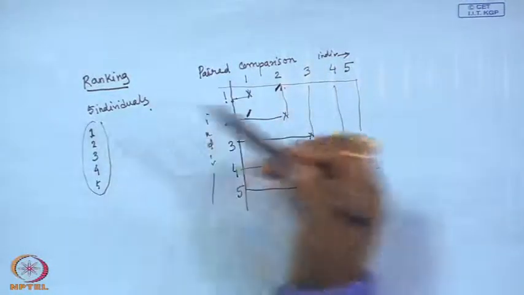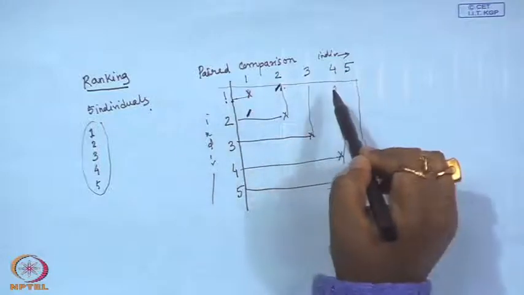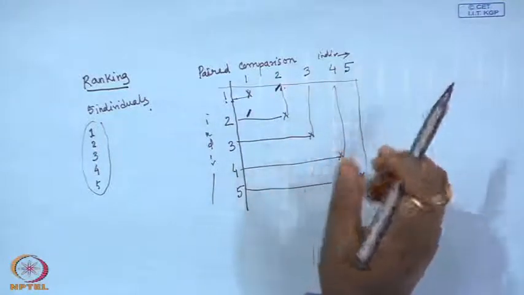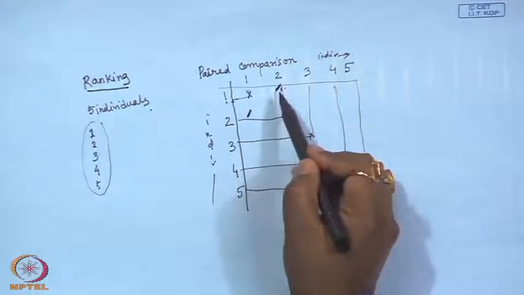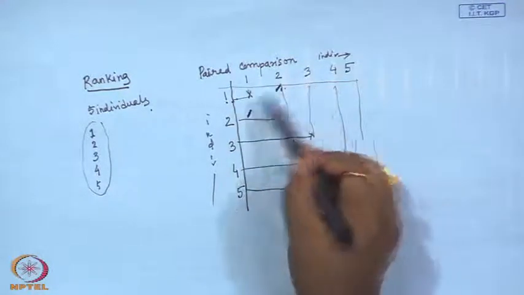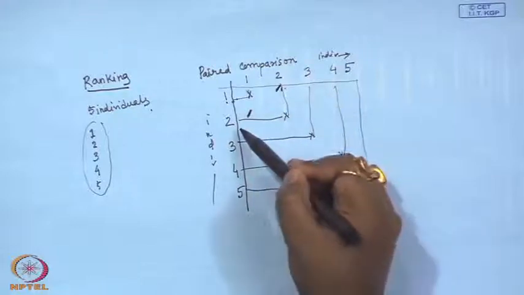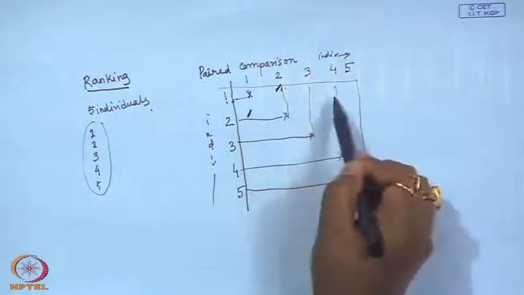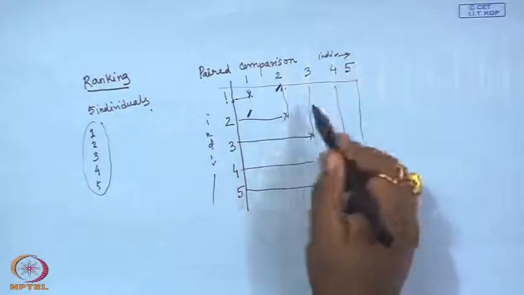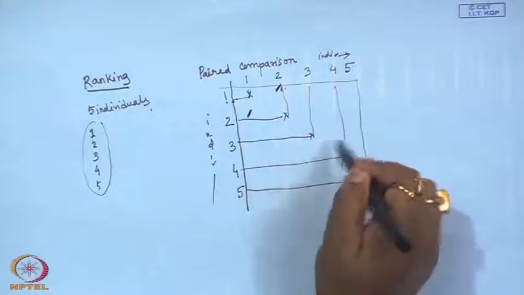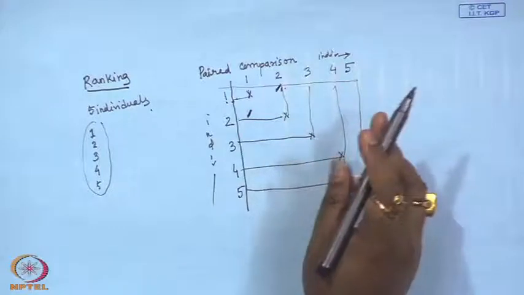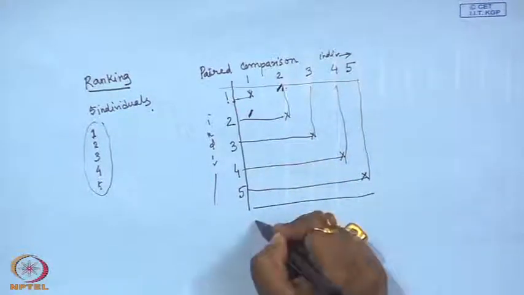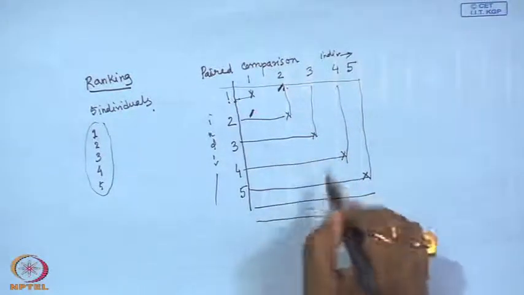So, in this, what happens while taking judgment from n number of individuals about the performance level of 5 individuals in paired comparison? The advantage of paired comparison is that we get to compare each pair separately, like 1 with 2, 1 with 3, 1 with 4, 1 with 5, again 2 with 1, 2 with 3, 2 with 4, 2 with 5, 3 with 1, 3 with 2, 3 with 4 and 5, and so on. So, it makes the comparison more detailed,